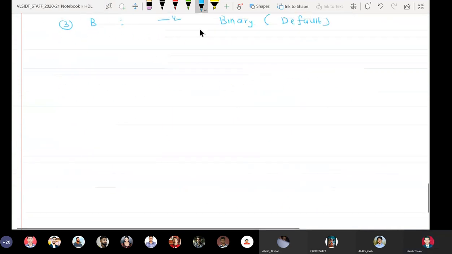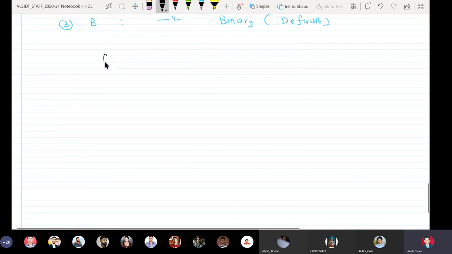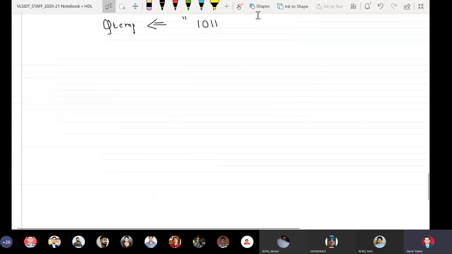So if I write like this, Q temp is assigned. So we had B, so 1, 0, 1, 1. It was B292, right?